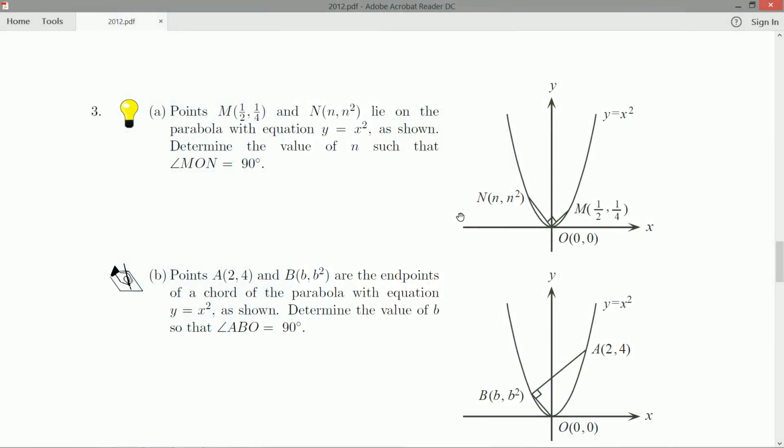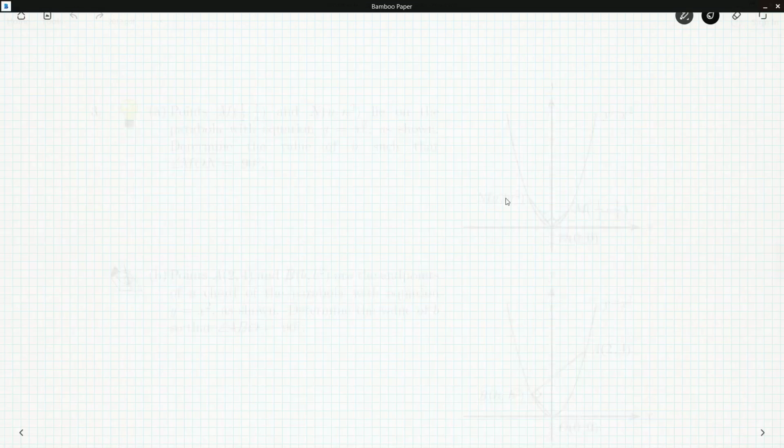But the reason I don't want to do that is because we're going to get a very big formula in n. I don't think it's going to be particularly wieldy. So what I'm going to do instead is rely on lines and slopes of lines. They don't even complete the triangle for us, so that's another hint that maybe they don't want us to do triangles. But we've got MO and ON, and I can figure out the slopes there pretty quickly. It'll still be in terms of n, but it will be at best an n squared, whereas I think the other way will have n to the 4th in there a couple times. So we want to avoid things like that. Quadratics, very easy to solve. Let's not make more work for ourselves. So,